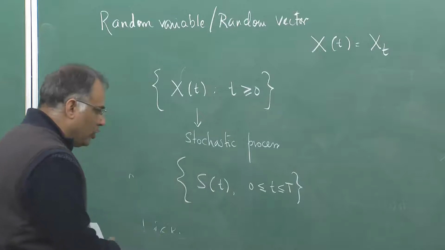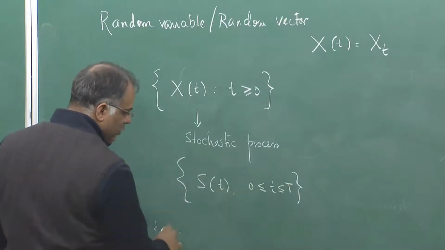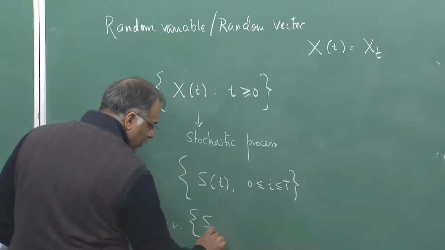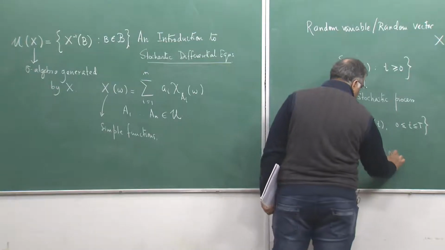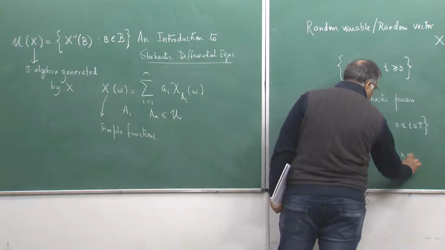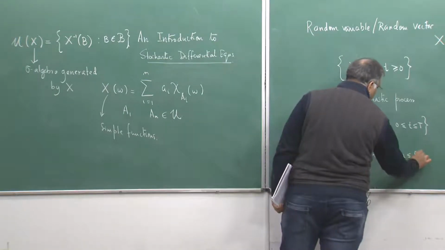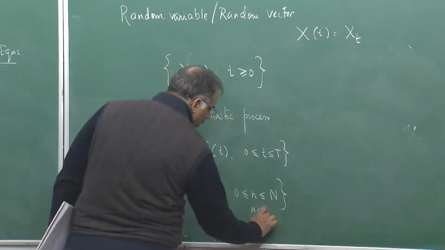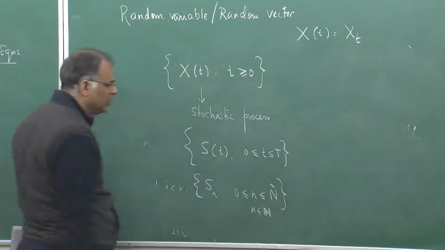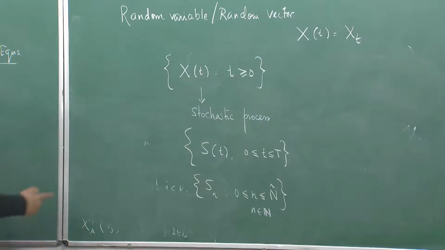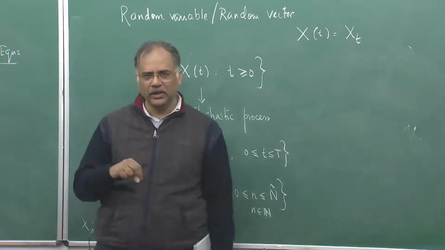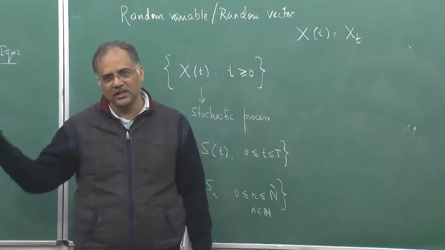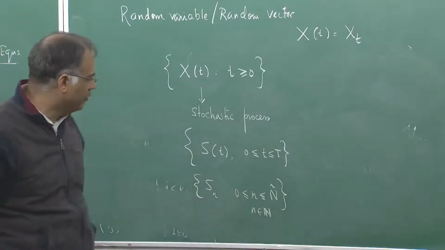Of course, you could think this is a very continuous setup. In our discrete setup, you can think of S of n, n from 0 to say capital N, where each n belongs to the set 0 to N. So, basically then you have S1, S2, S3. Now at time 0 I know the price, but S1 I do not know, what would be S2 or what would be S3, etc. So, that is a stochastic process.